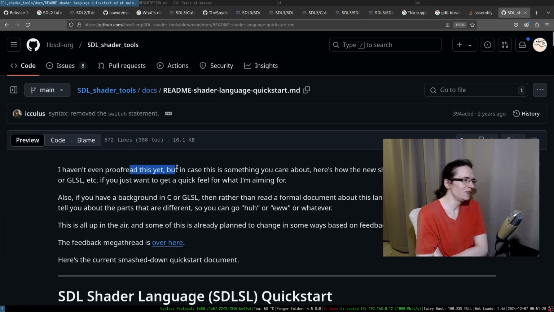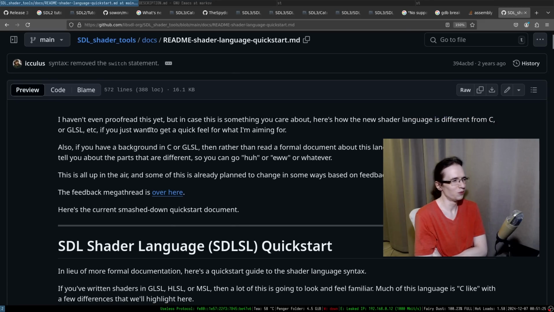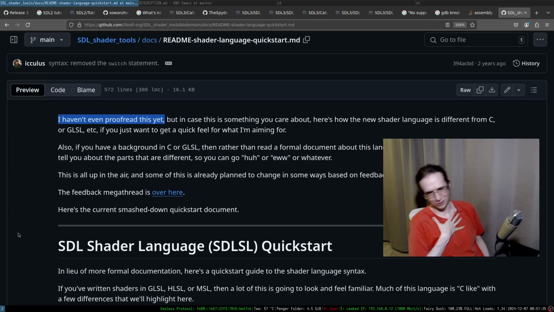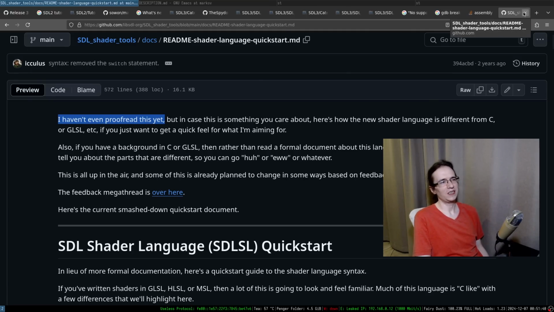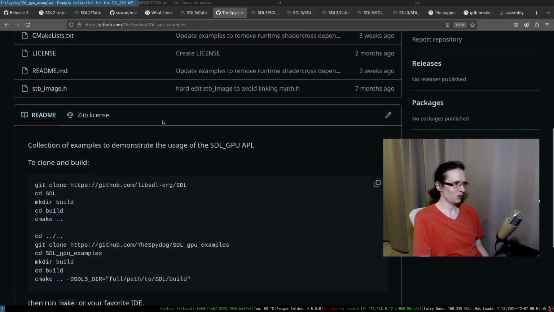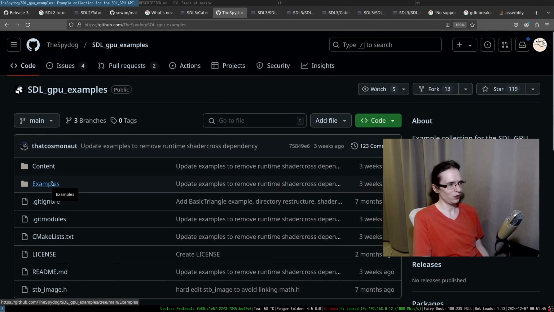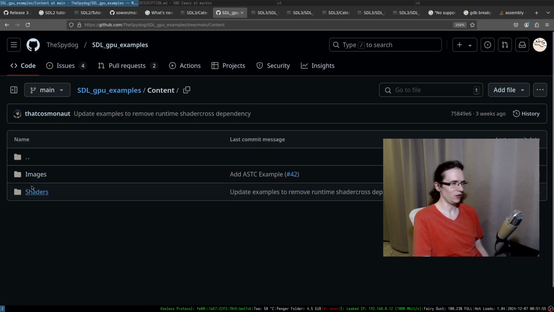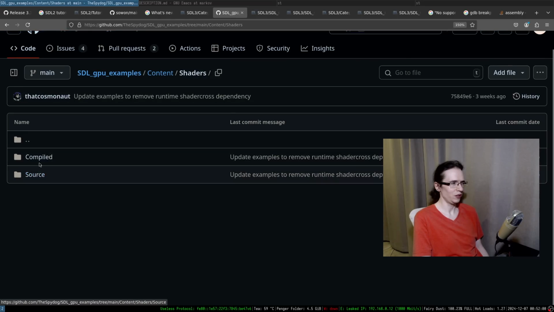I haven't even proofread this yet, but in case this is something you care about, here's how the new shader language is different from... You know that the language is unfinished when it starts with things. I appreciate the honesty, at least. That's pretty cool. Okay, so I suppose what is going on in here is that if you want to use the shaders, you kind of have to compile them to one of the bytecodes, like SPIR-V or something like that. And when we compile into SPIR-V,